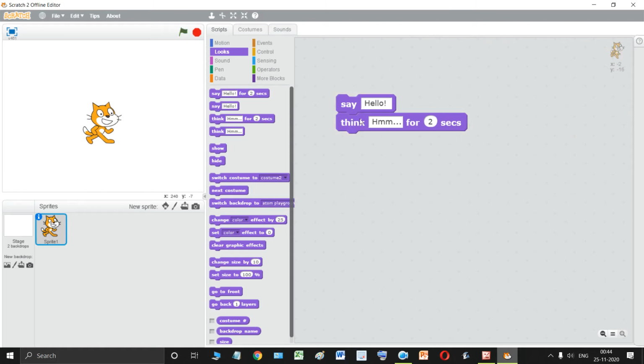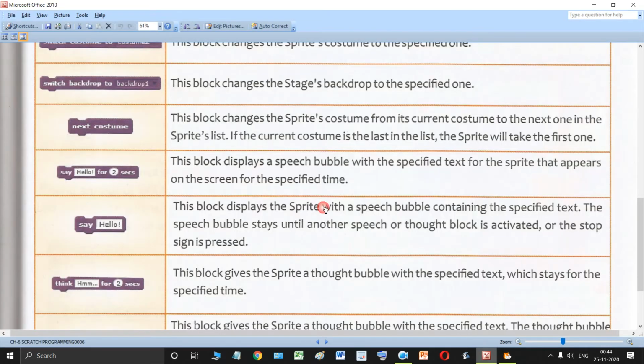If another block appears, it will show the other message, otherwise it will keep on showing this speech bubble. So how to get rid of it? Just click on this red button. So this is your say hello block. Now you can change the message according to whatever your need is.